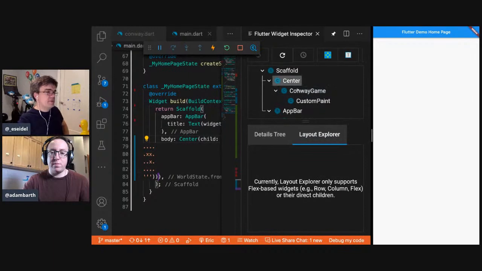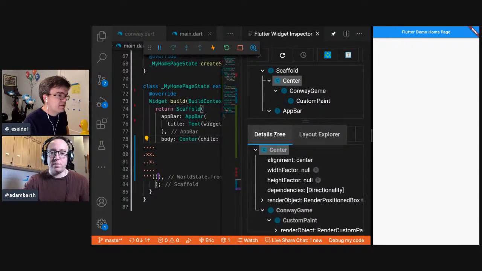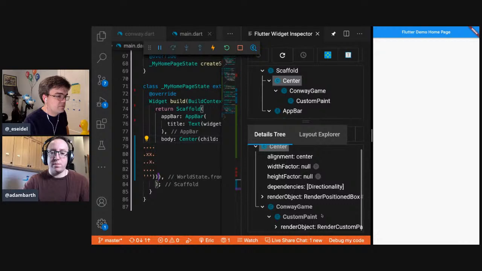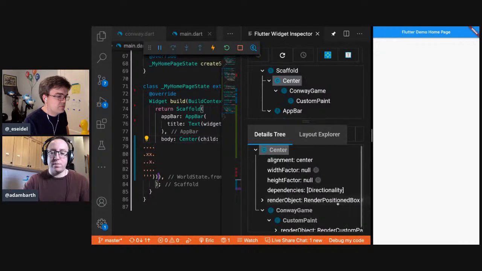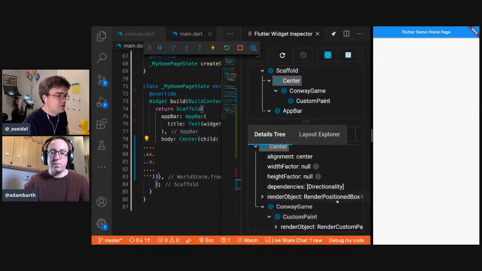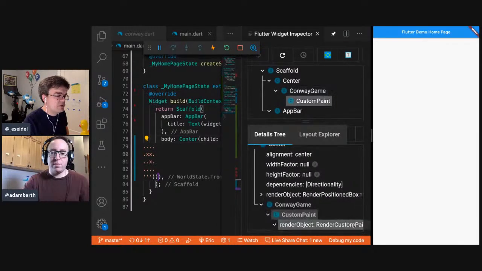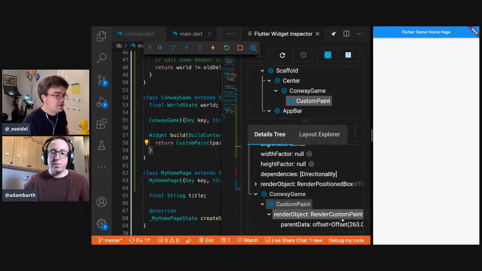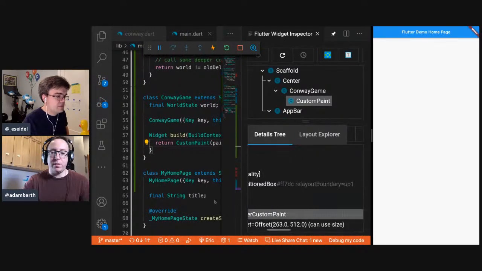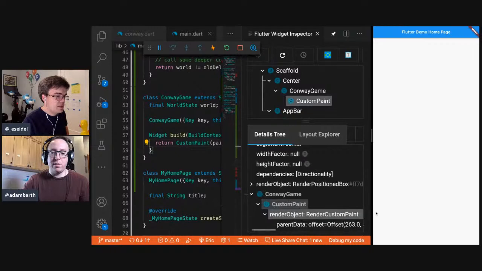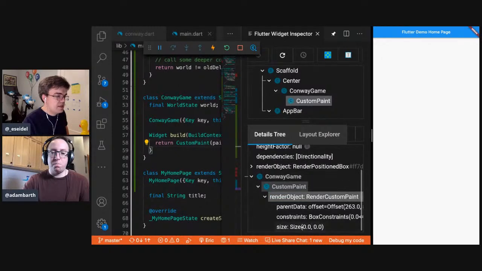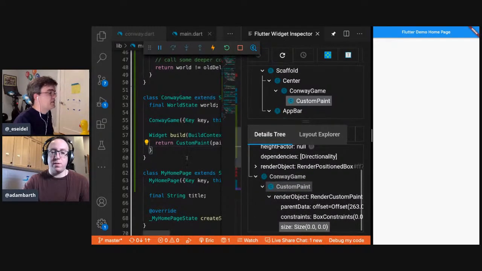I see we haven't implemented the... what is this thing? Well, center's not going to tell us. This might. Render object. Current data. Offset. Can use size. Size 0, 0. Okay, so you're right. So we may need an expand.